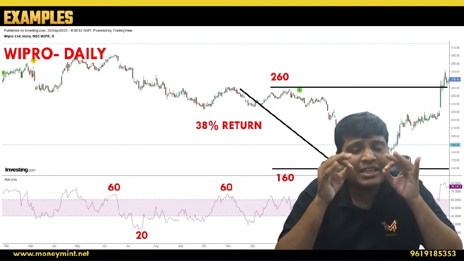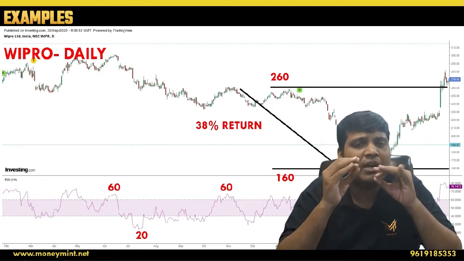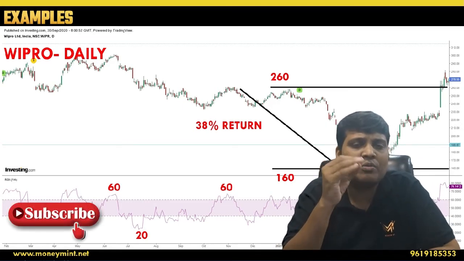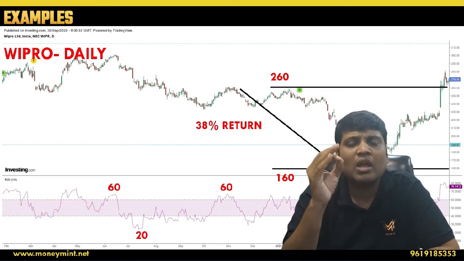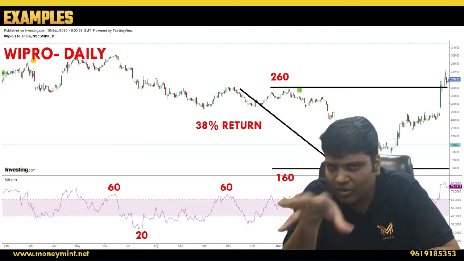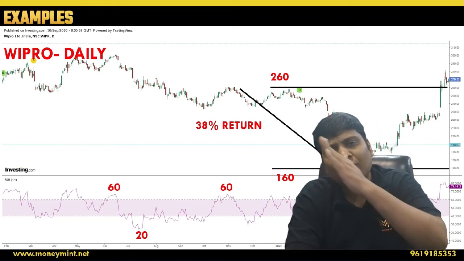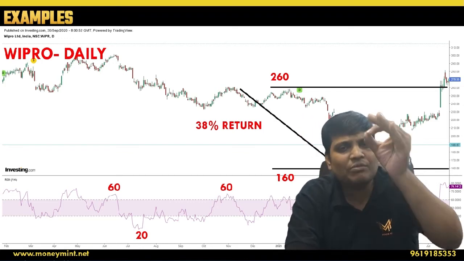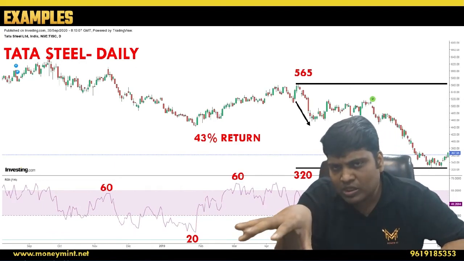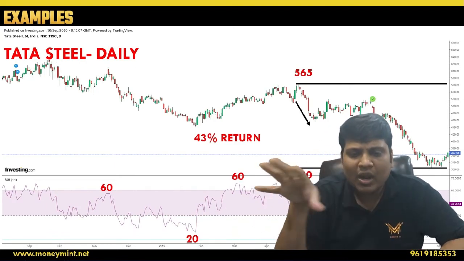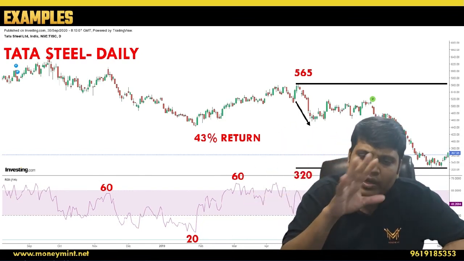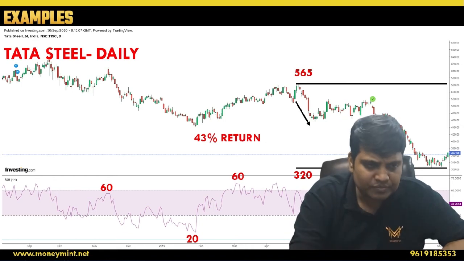One thing I forgot to mention, these levels are approximate. You can consider 10 points plus or minus. So around 20, 30 is also allowed. Around 60, 70 is also allowed. But you need to see that the market is forming lower top and lower bottom. And then once the trend breakout happens, at that time you can take the entry. So you see the Tata Steel market headed towards 20, then headed towards 60. Around 60 it was hovering, and the moment the trend line got broken, it gave a very, very bearish signal.